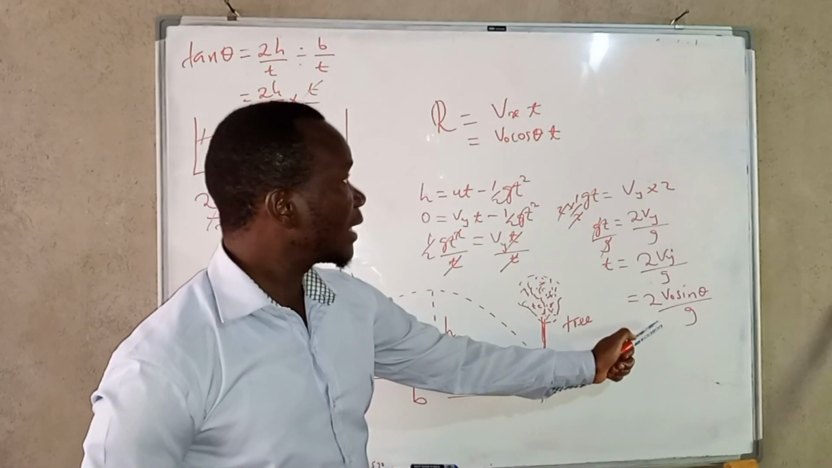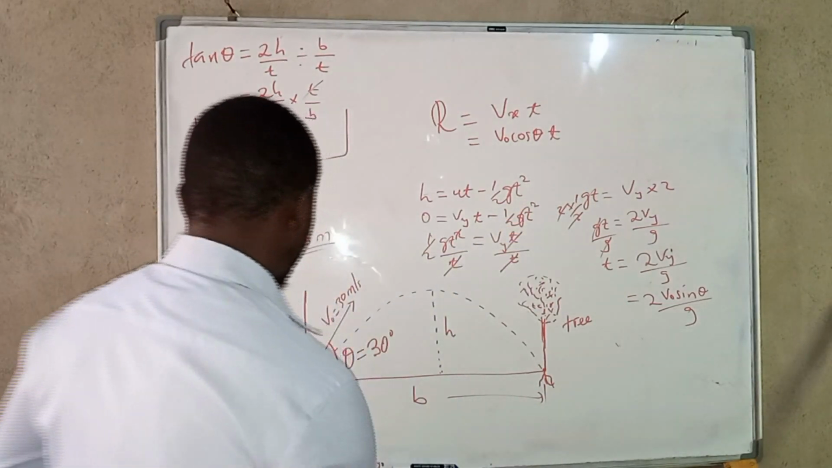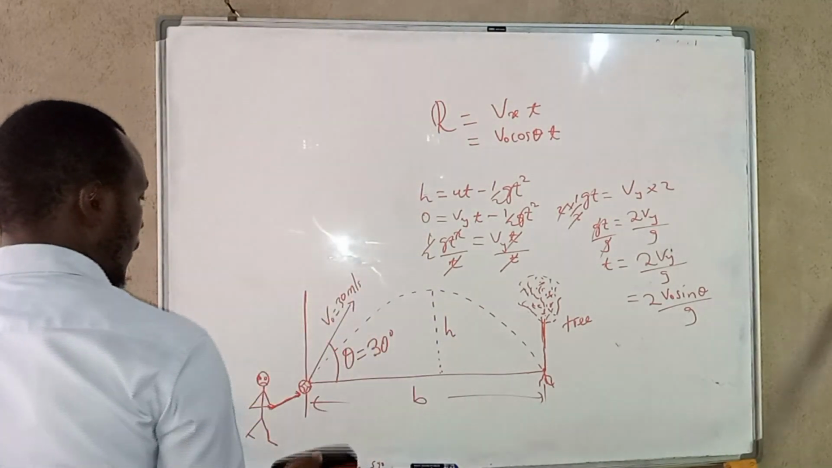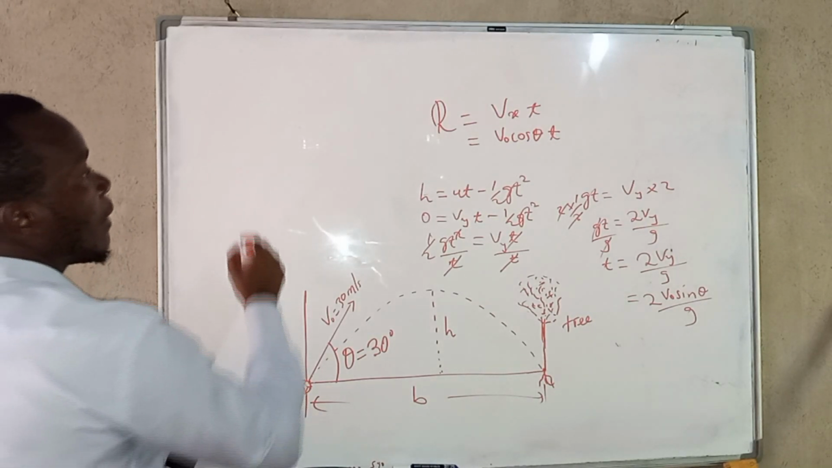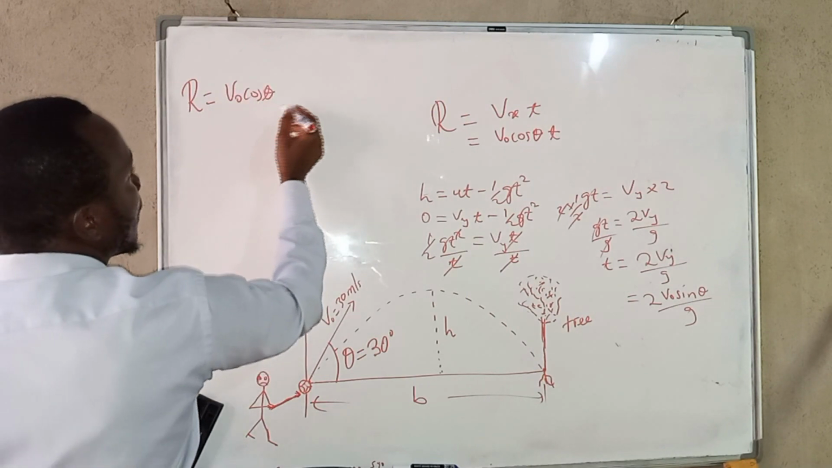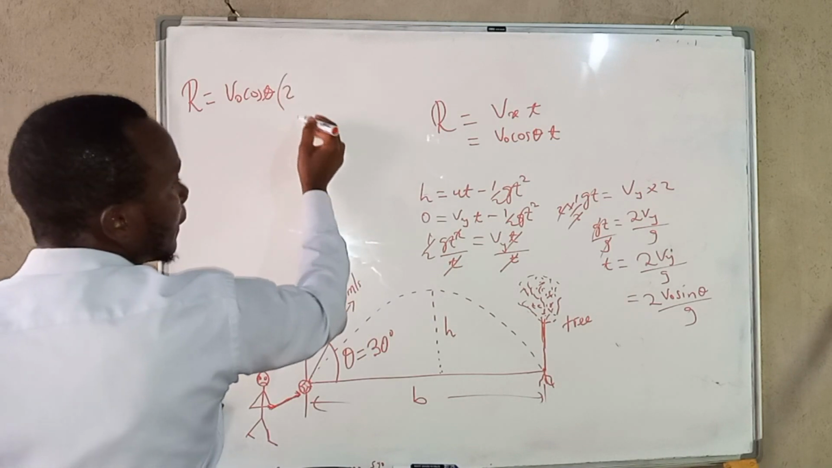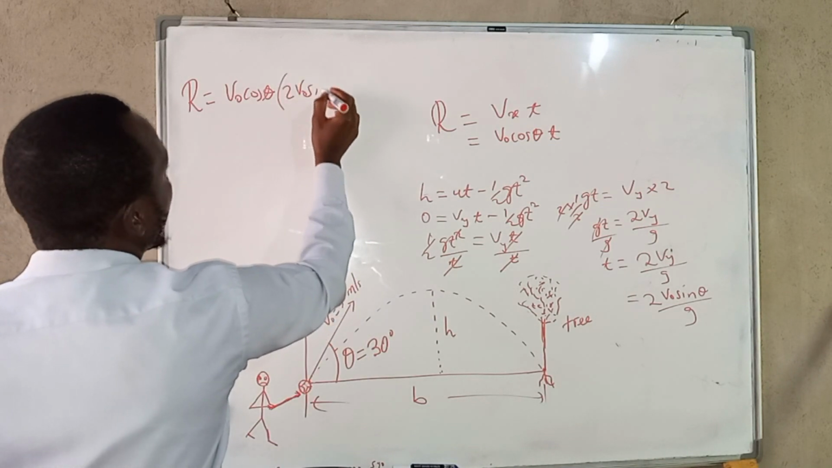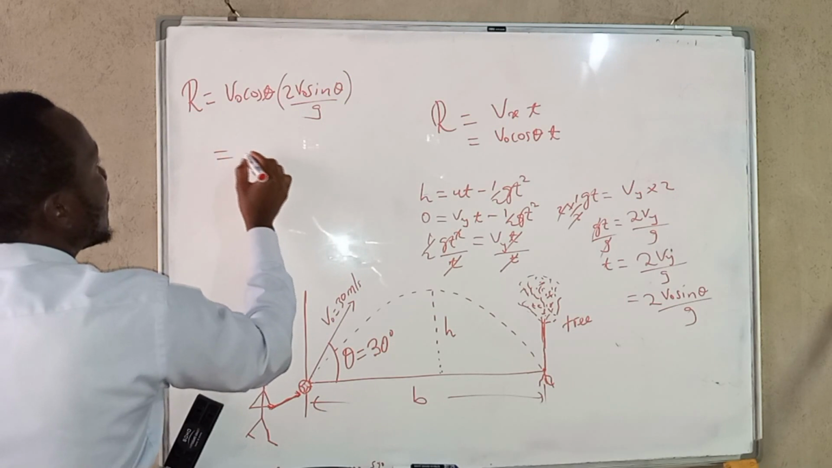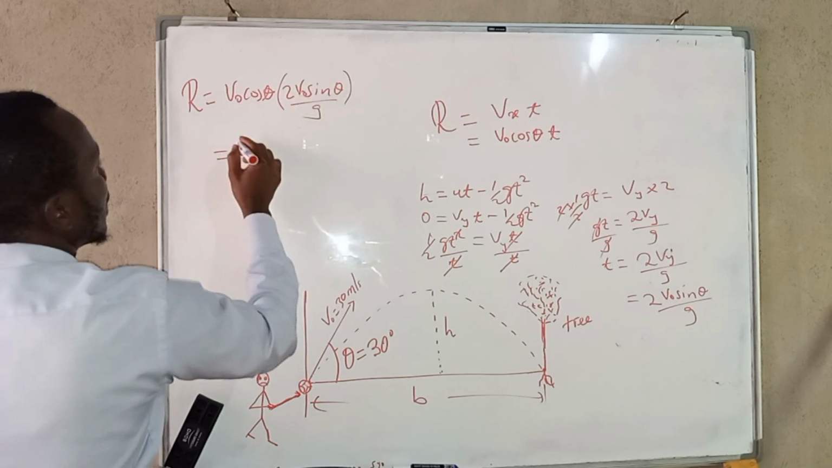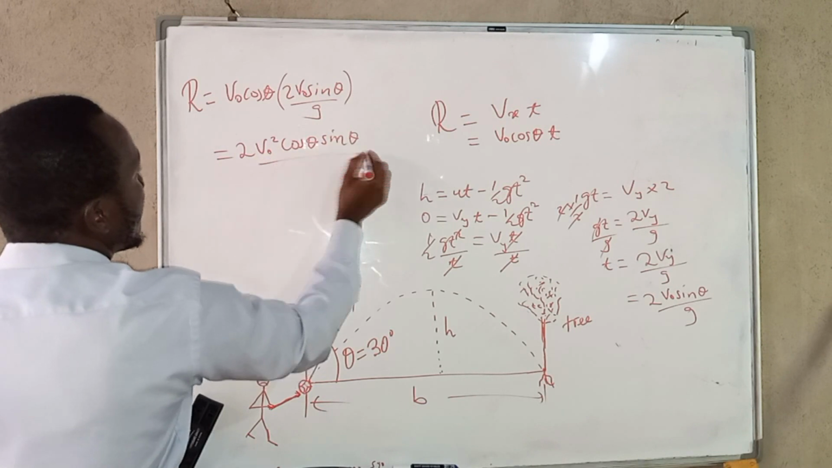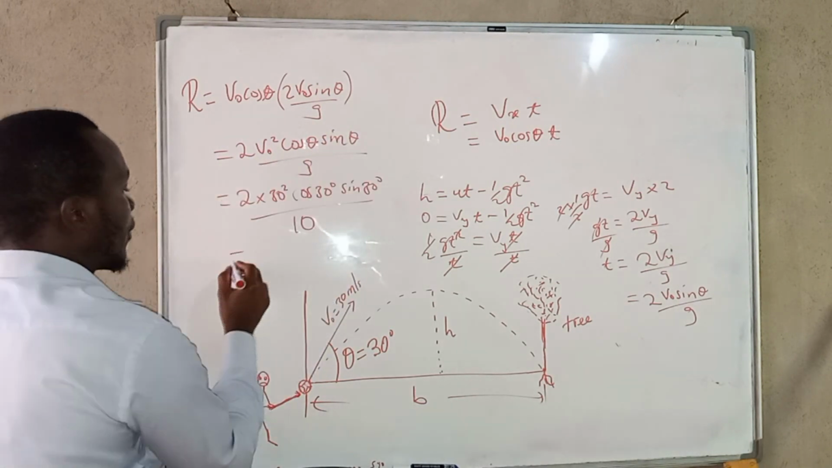So if we plug this equation into this one, we are going to have R is equal to Vo cos theta, then the value for t, 2 Vo sine theta over g. This one can be simplified further, and we are going to have 2 Vo squared cos theta sine theta over g. So 2 times 3. What we are going to have is